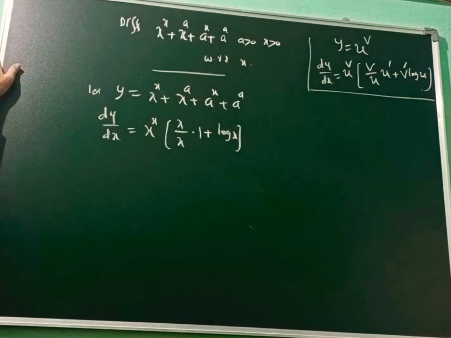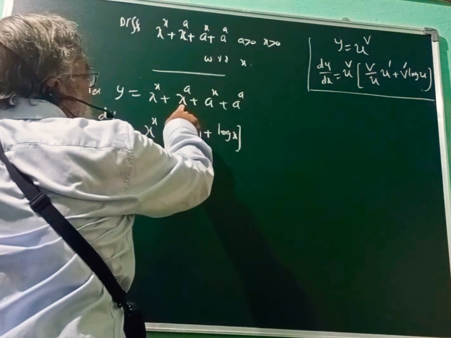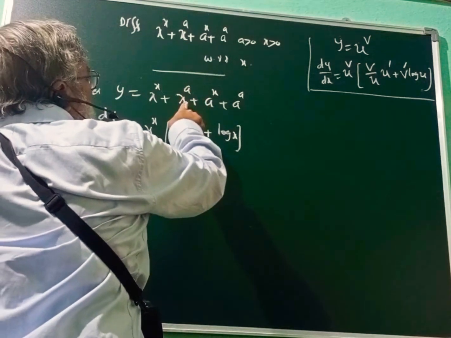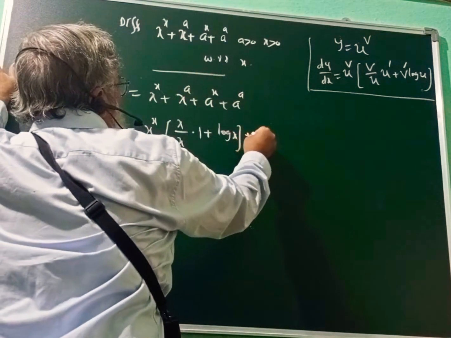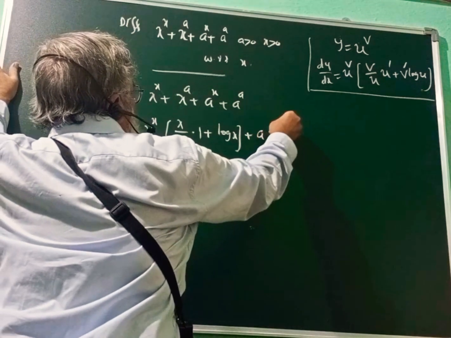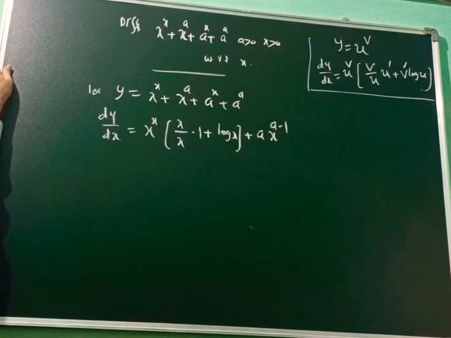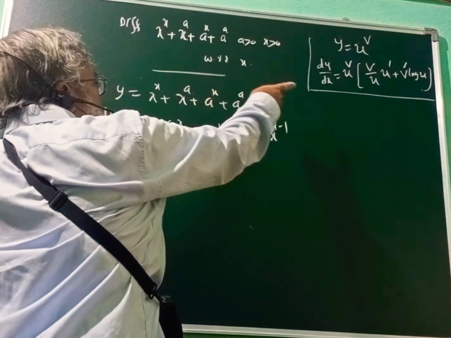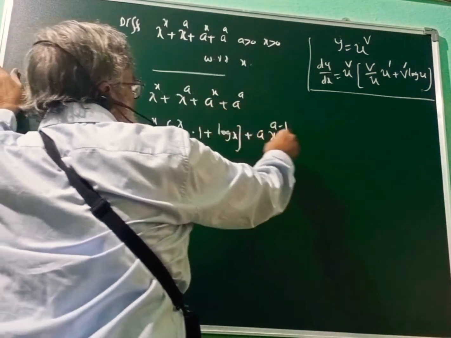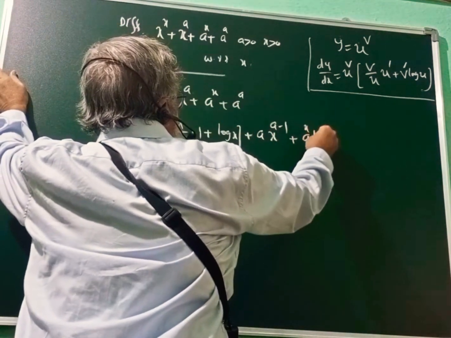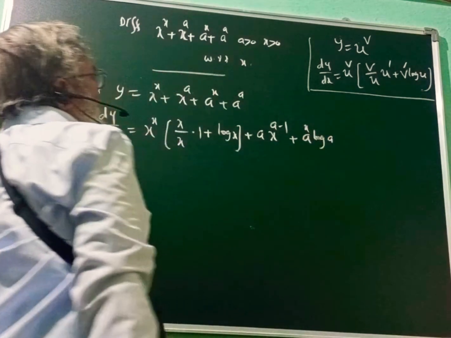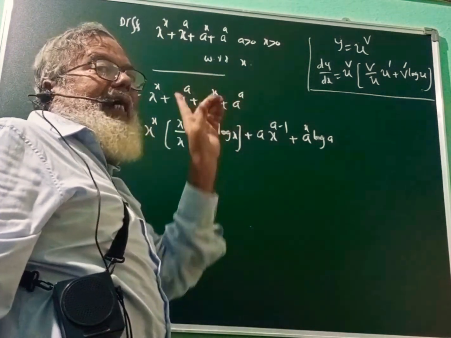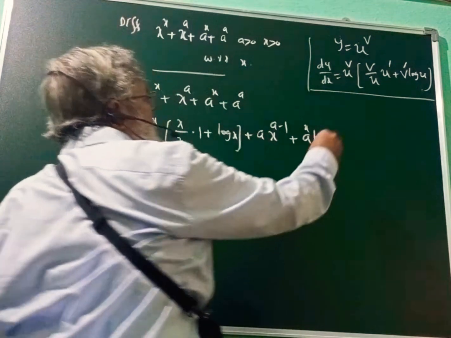Now for x raised to a, this is not logarithmic differentiation because the power is a constant. At that time it is of the type x raised to n, so our derivative will be n x raised to n minus 1. Look how we are differentiating. Now a raised to x, base is a constant and the power is a variable. That is not logarithmic differentiation. We have proved this formula, that is a raised to x into log a. Now both formulas are not applicable to a raised to a, because constant raised to constant is a constant only and derivative of a constant is 0.